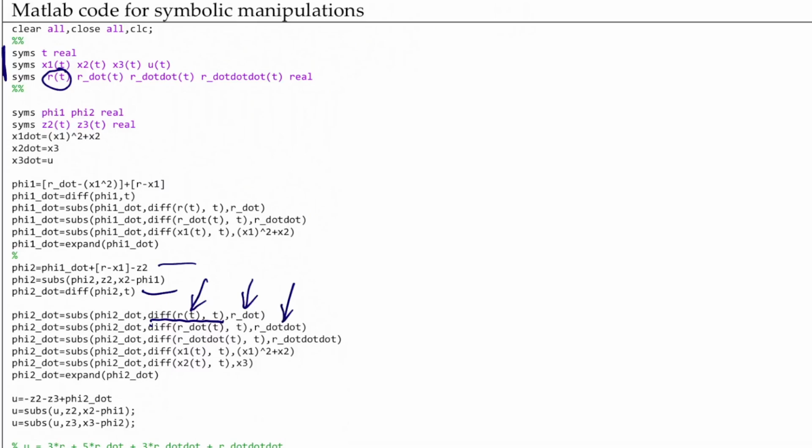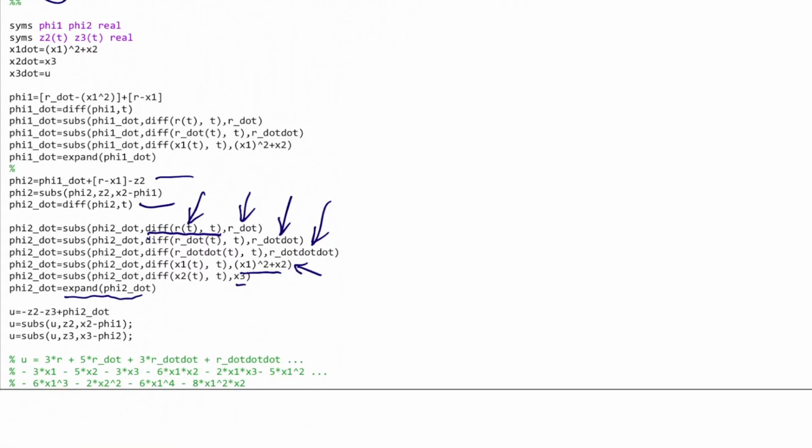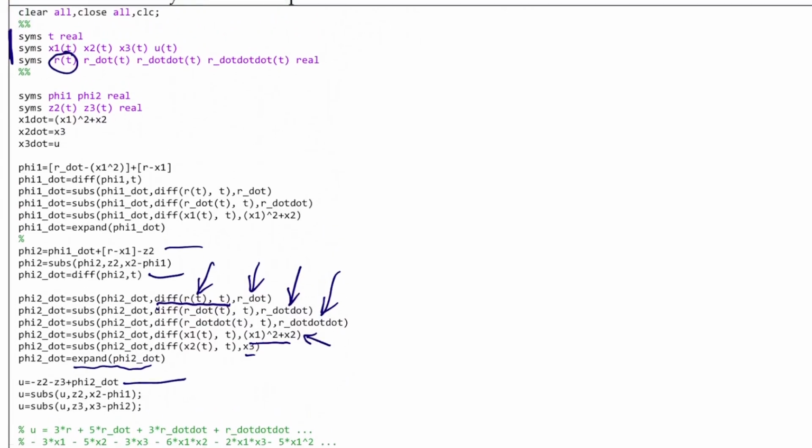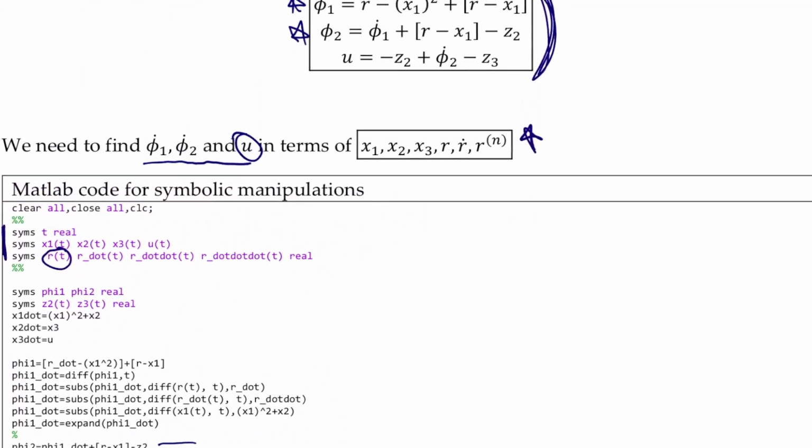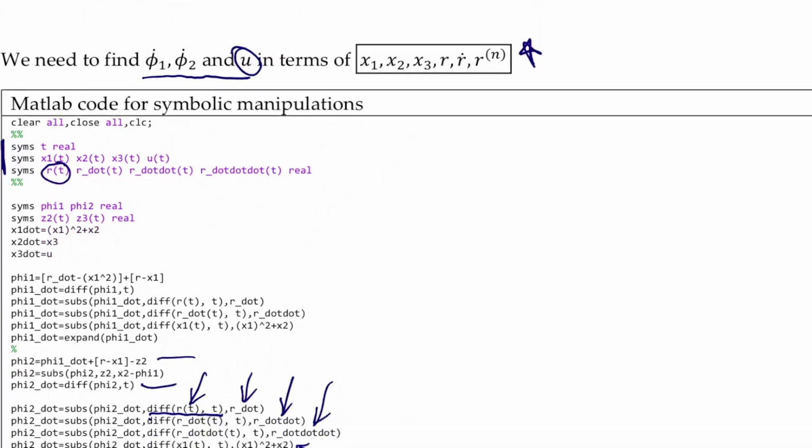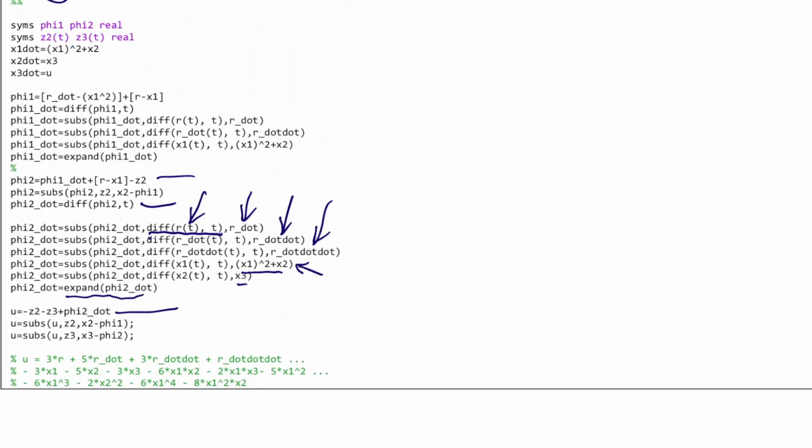And we can see r double dot and also r triple dot, and this is the x1 dot expression, and this is the x2 dot expression. Okay, and we can also expand the resulting term, which is phi2 dot, and this is the control law. Let's look at this. Minus z2 minus z3 and phi2 dot. Okay, we are basically writing that down,